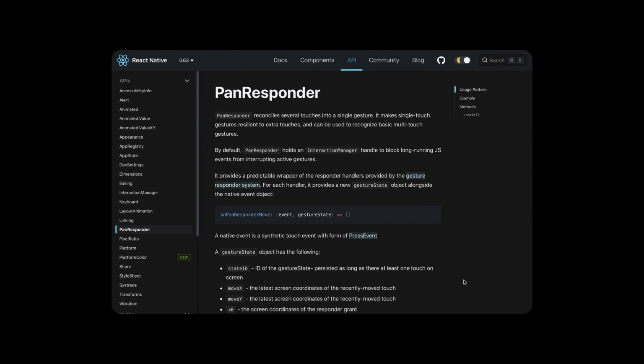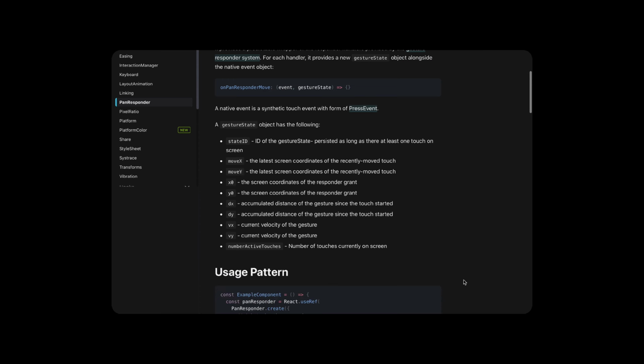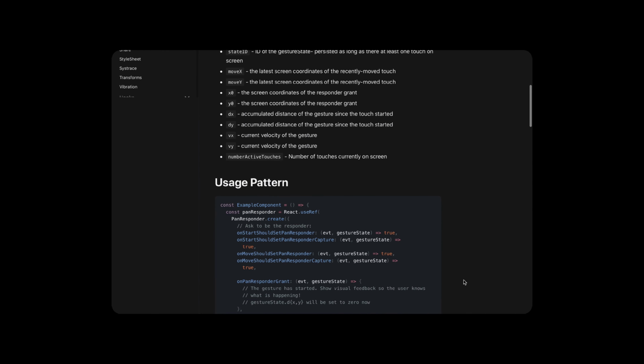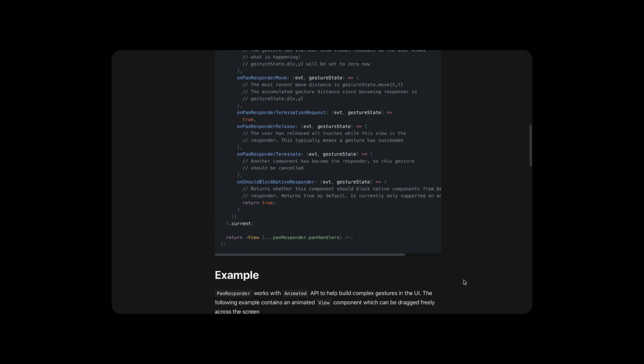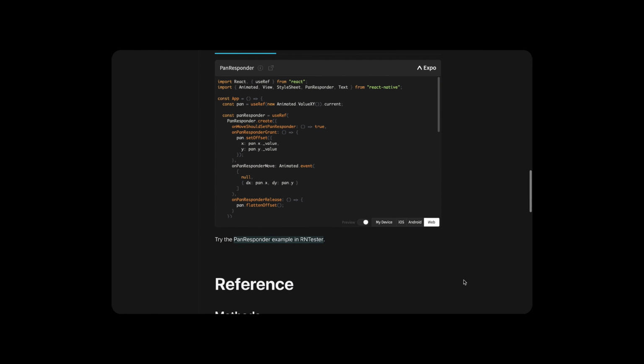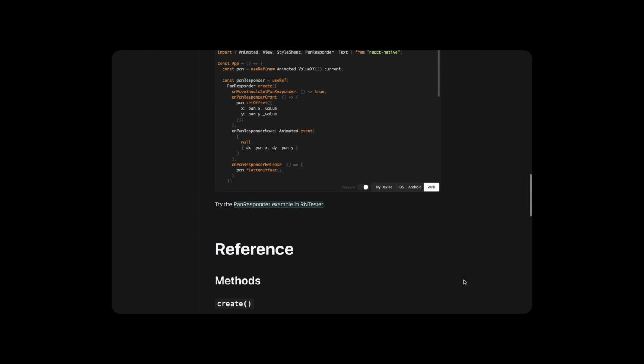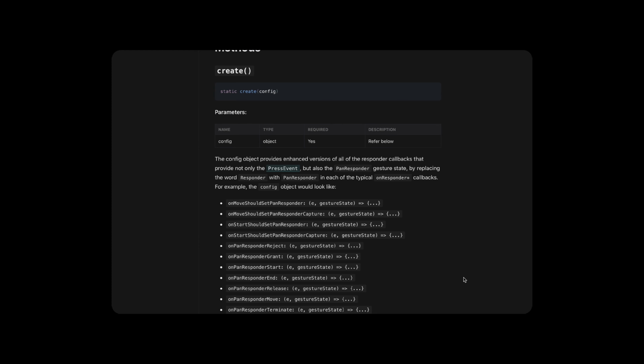As I said, there is a simple way for you to contact the gesture responder. If you have already heard about pan responders, let me tell you that there's an even simpler way of doing it. And by the way, if you haven't heard of it, don't worry, I'll cover it in the next episode. Every React Native view can become interactive the way you want it to be. All you need is to let the gesture responder know how it should deal with any gesture happening inside that view. To understand how it works, we need to look at what is a gesture.